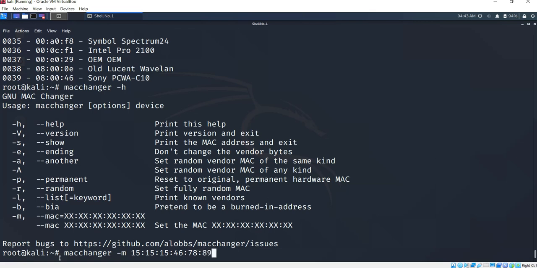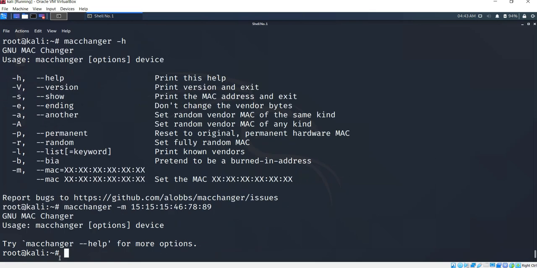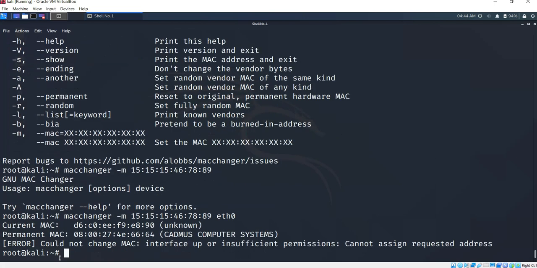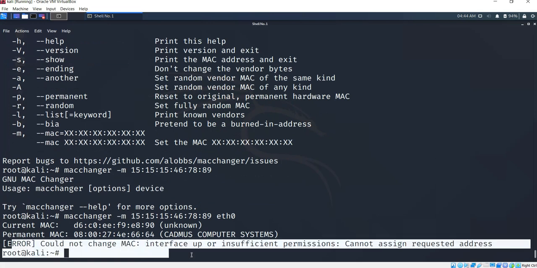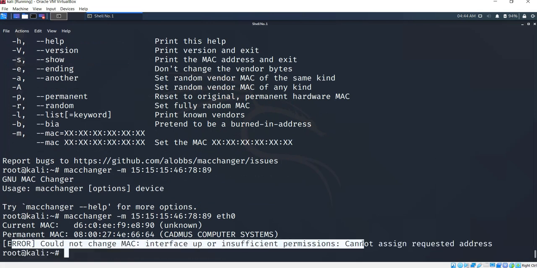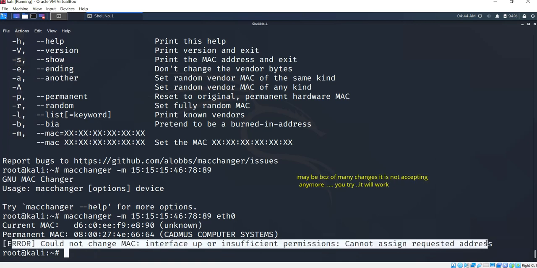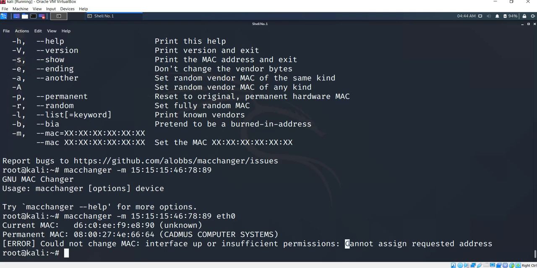I want to give this as my MAC address, so I'll give it for the device eth0. Okay, error: insufficient permissions, cannot assign requested address. Sometimes it will say cannot assign, and most of the time it will take, so it doesn't matter.